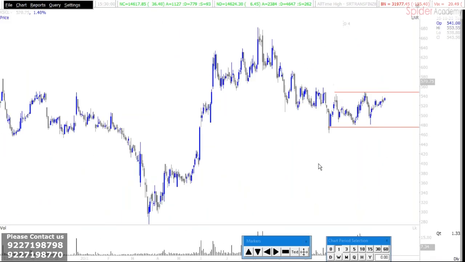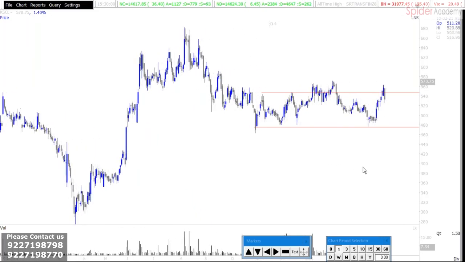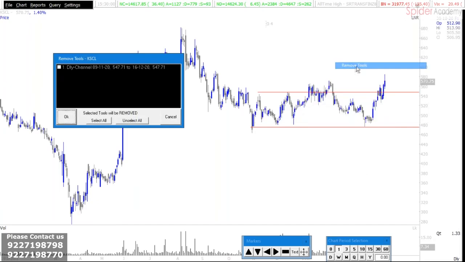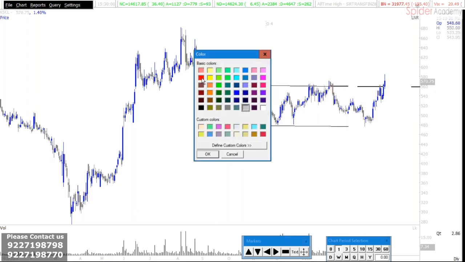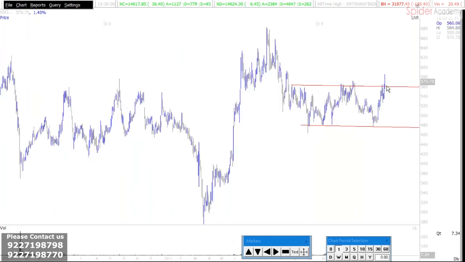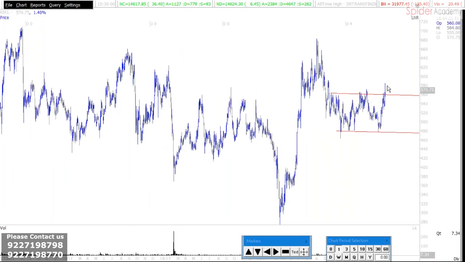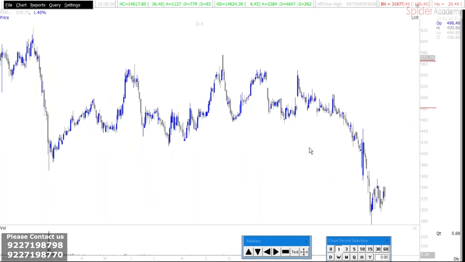Okay, so this is, let's say, which stock, KSCL. Apparently the stock moved in a sideways channel. As you can see, let me draw the channel. This is the channel that I'm talking about. So maybe there is some kind of a breakout which is likely to happen. Again, there is some kind of a visible breakout from a congestion. Now again, if you just go back, there is a very interesting setup that was there